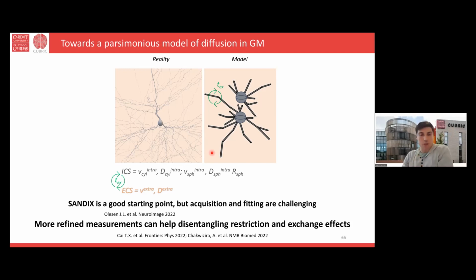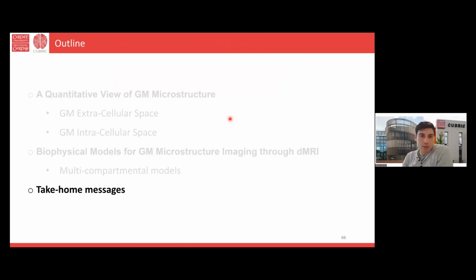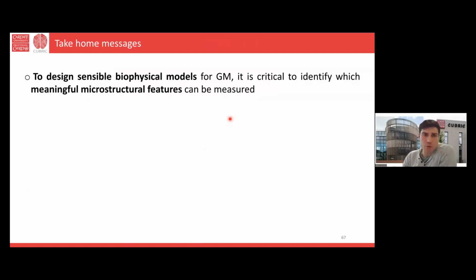However, such a complex model raises challenges in terms of degeneracy and in terms of the information to encode into your measurement. As we discussed in one of the questions previously, the way you acquire the data is important and needs to be suitable for the kind of modeling you want to do. There is ongoing work on how we can optimize acquisition to encode enough information to have all this estimated precisely and accurately. And so with this, I conclude with a few take-home messages.